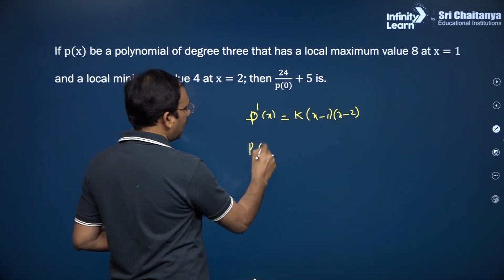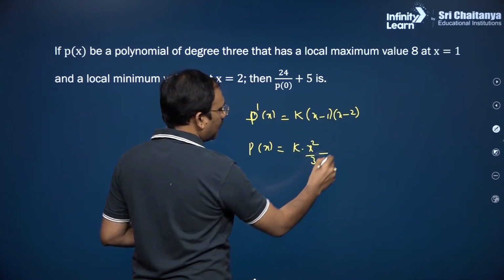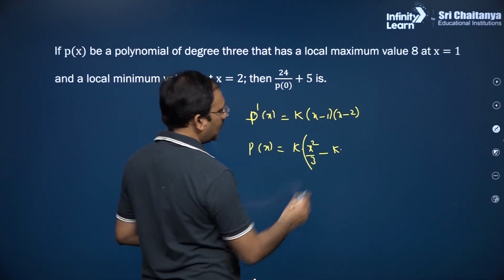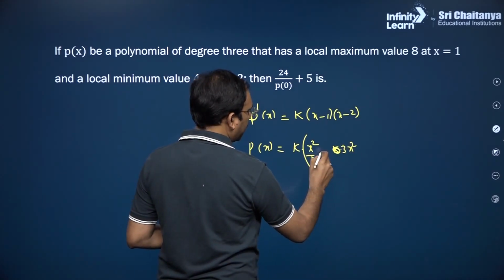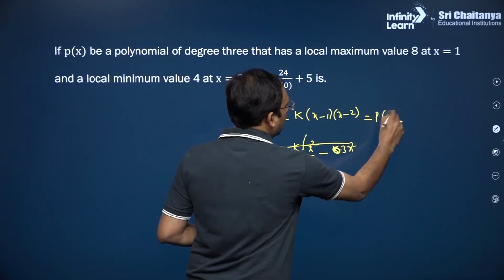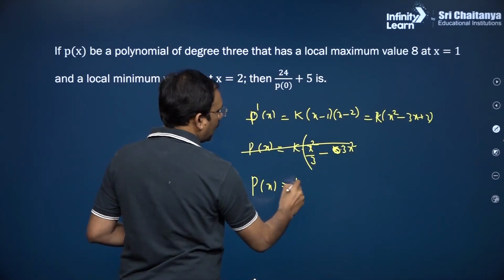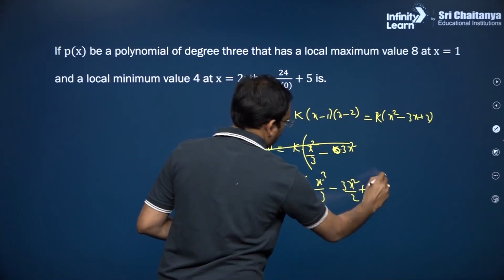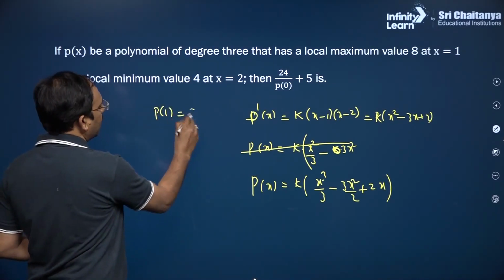So, why do not you take P of x as k, x square will become x cube by 3 minus 3x square by 2 plus 2x? My dear friends, this is the function P of x, because this is P into x square minus 3x plus 2, so you can write this as k into x cube by 3 minus 3x square by 2 plus 2x. And moreover we got P of 1 is 8